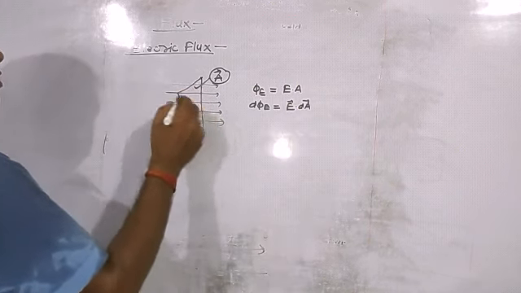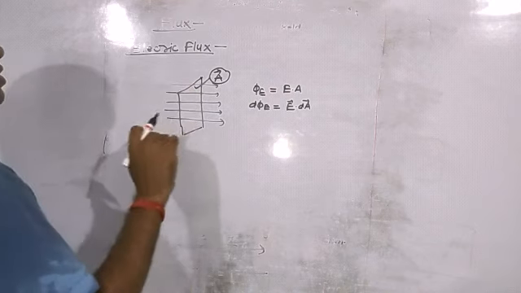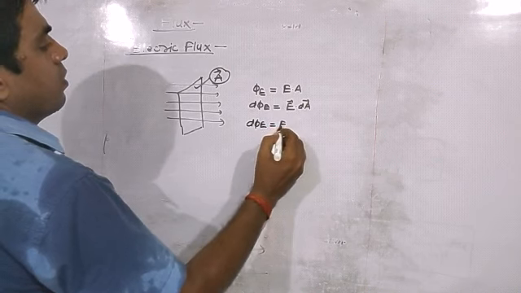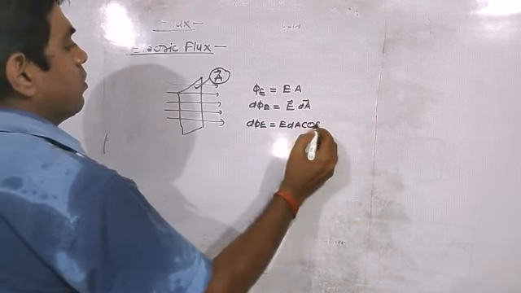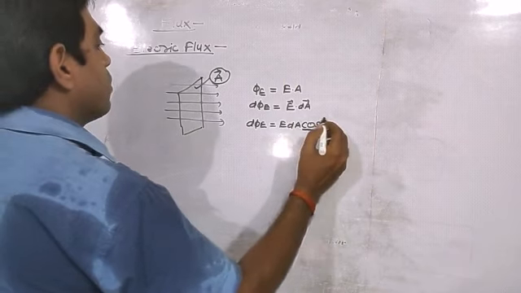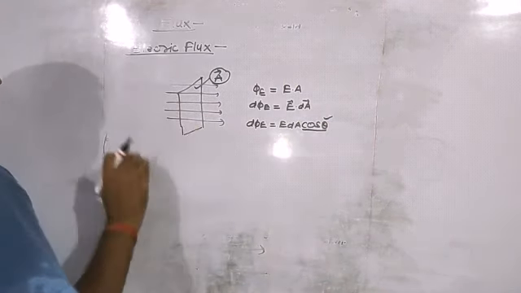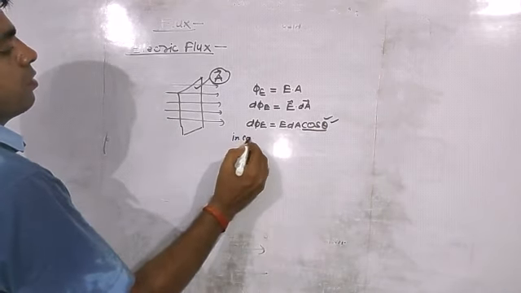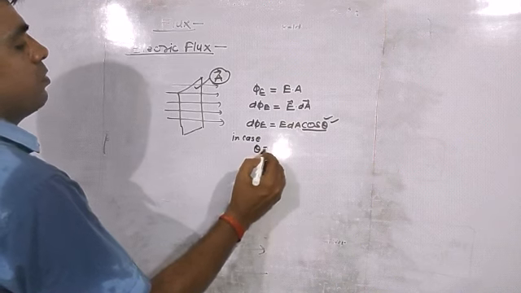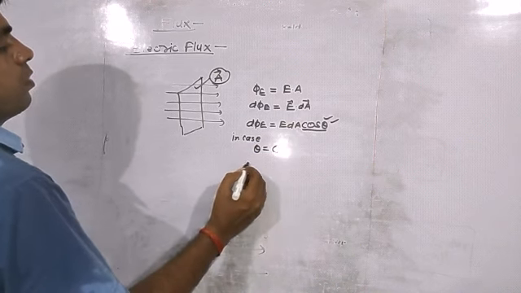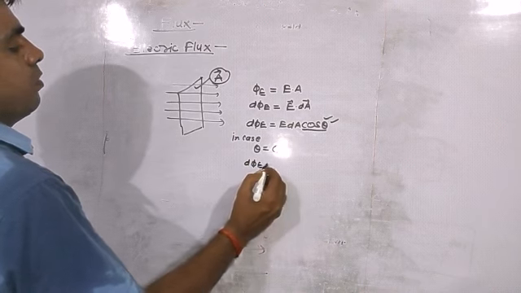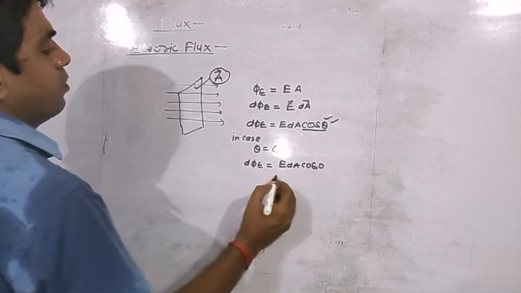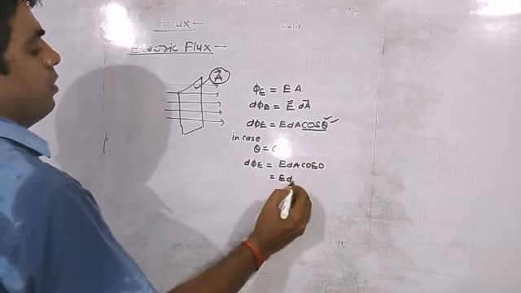Again, now when the surface is placed with some angle, say theta, then d phi E may also be written as E dA cos theta. Now the condition of placing the hypothetical surface with respect to the electric field will be determined by theta. In case theta is equal to 0, then d phi E will be given as E dA cos 0, and it will be E dA.